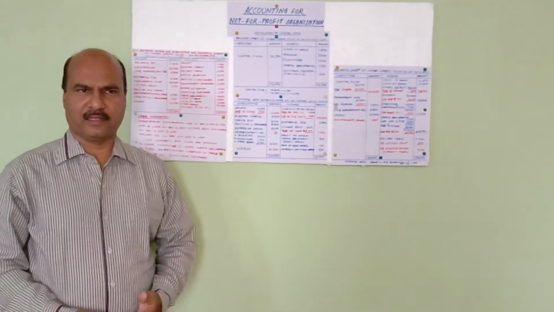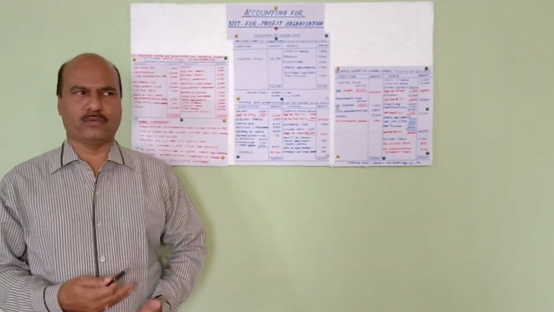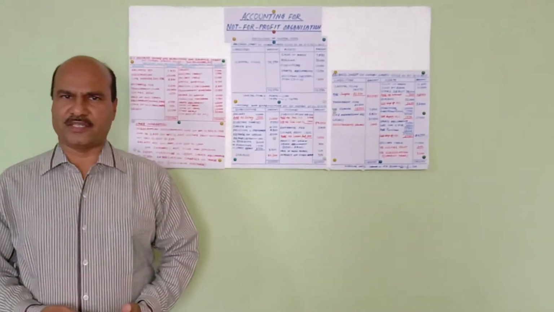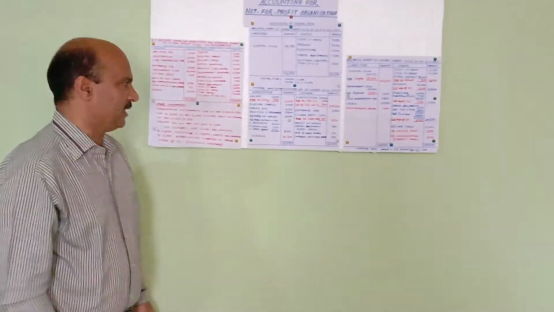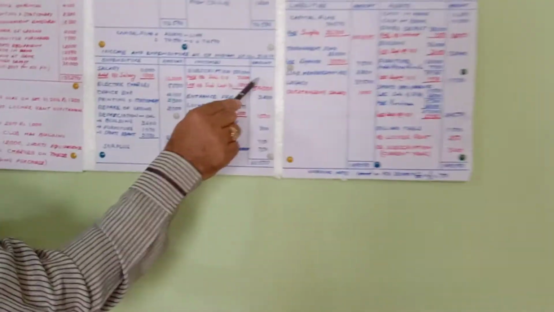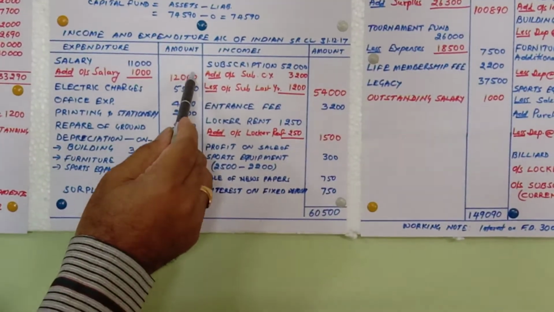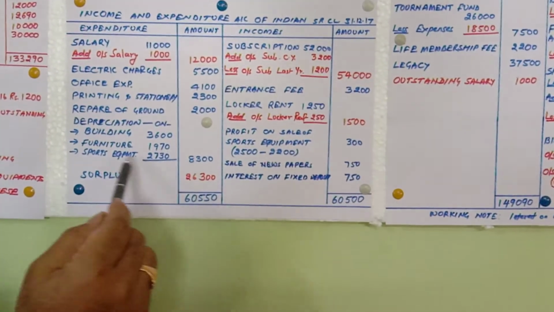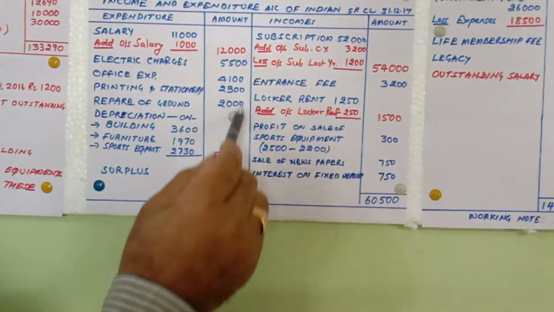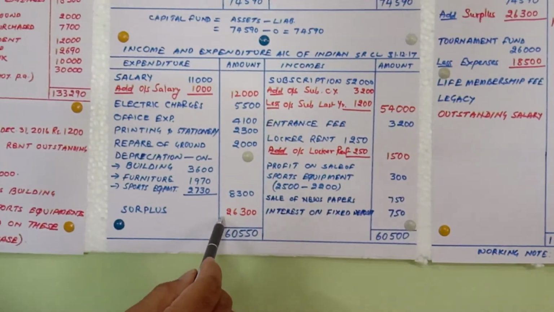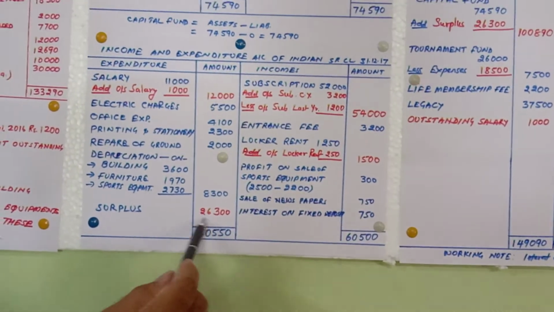First, you have already tallied the capital fund. Then now we will be doing the income and expenditure and the balance sheet. So all the debit and credit in rough you add and take the difference. So let's see how it is. In income and expenditure, the total of all the incomes comes to 60,000 rupees, whereas the expenses, up to depreciation on furniture and sports equipment, that is total depreciation 8,300, all this I added and I subtracted. So 26,300 is my balancing figure. This is the surplus.